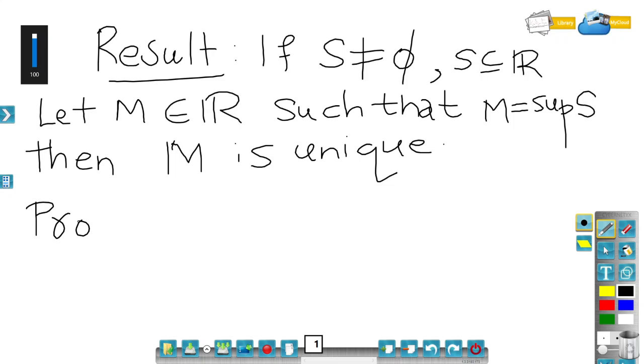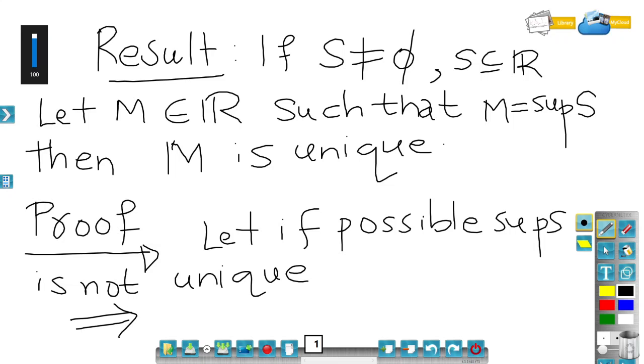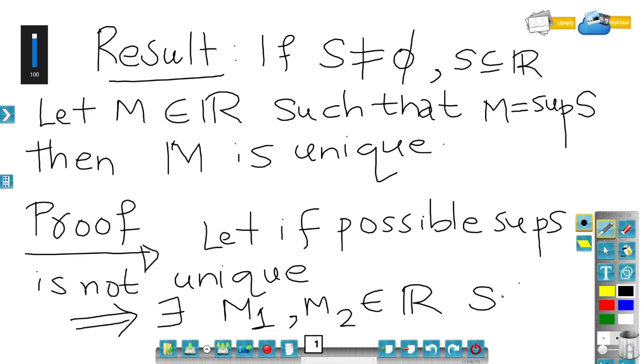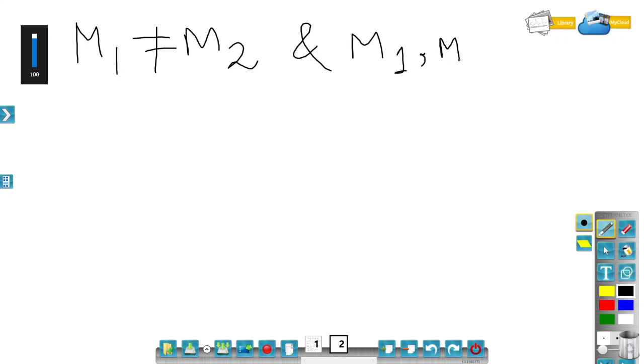Proof of this. So proof of uniqueness is always proved by method of contradiction. So we will assume that suppose the supremum of S, that is M, is not unique. So we will assume there are two real numbers which are supremum of S. So let it be possible supremum of S is not unique. This would imply there exist two real numbers, say M1 and M2, belongs to R such that M1 is not equal to M2 and M1, M2 are